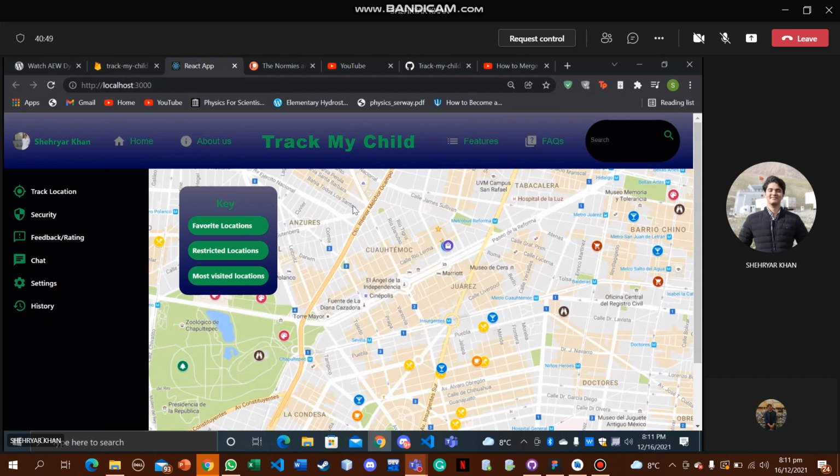For now, I will link this to the Google Maps API, but for now I've just added a background picture. But I will link this to the Google Maps API in the future so that I can show you a fully responsive map. But for now, we've only created the